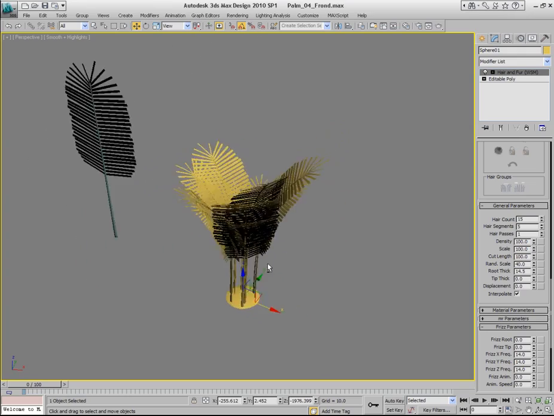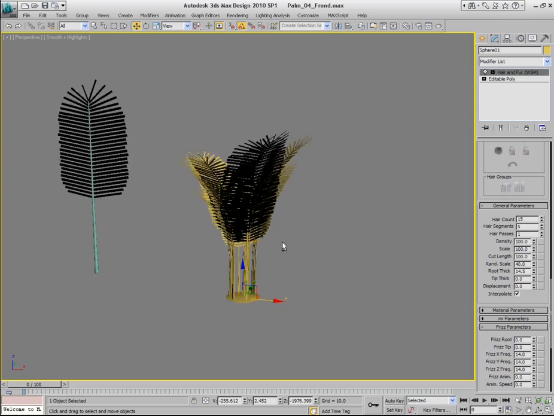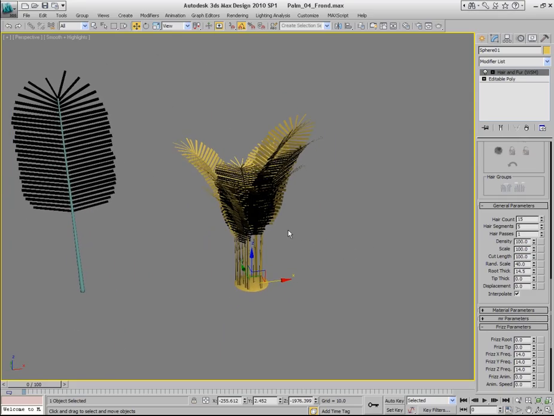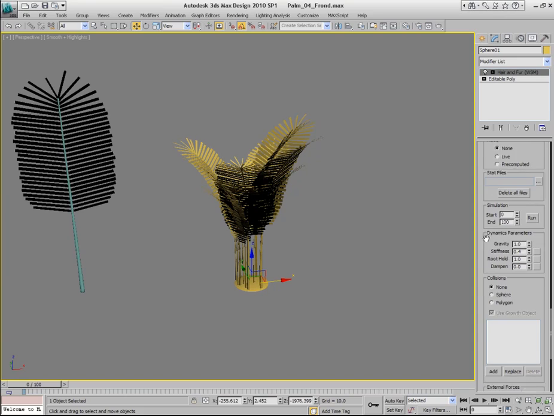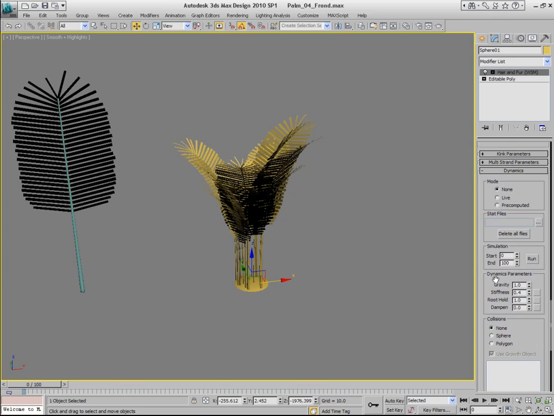Now, it's not quite the result that we want. We want these branches to fall apart a little bit, to appear to be bent down under the forces of gravity. And for that, we have a tool that can do this for us. It can be found in the Dynamics rollout. In the Dynamics rollout, here you've got the controls where you can tell this object, show me how it's going to behave under the forces of the wind or some other deformers in 3ds Max, or just under the forces of gravity. You can see if I click live,